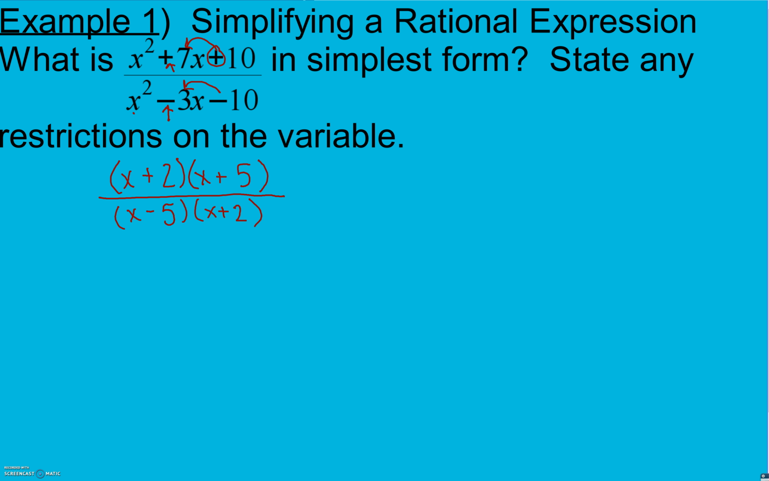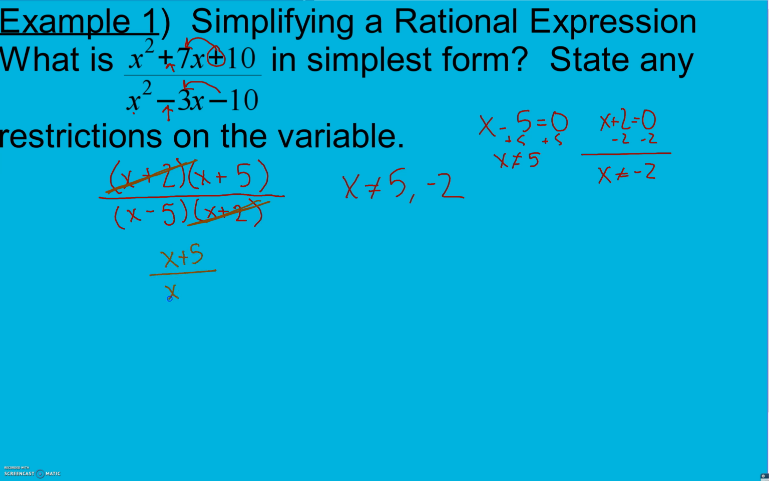Now, restrictions on our variable. Right now, x cannot be anything that makes our denominator 0. So x minus 5 is one of my factors, which means if I add 5, x cannot be 5. X plus 2, that factor can't be 0. So subtract 2, and I get x cannot be negative 2. Now we can simplify here. X plus 2 divided by x plus 2 is just 1. So all I have is x plus 5 divided by x minus 5, as long as x is not 5